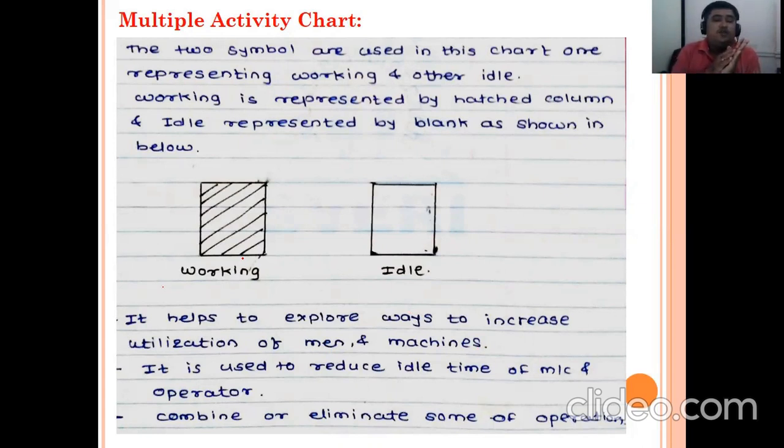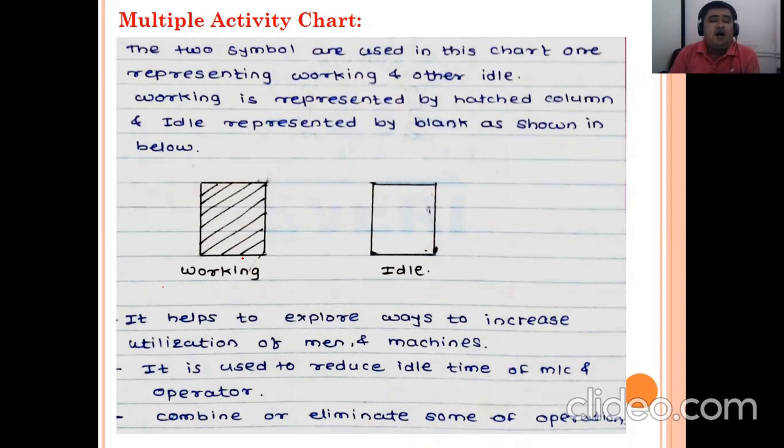It is used to reduce the idle time of machine and operator. So if the working section is more, it means this machine or this man is more time in working condition. If the idle section is more, it indicates that this machine or this operator's idle time is more, and we can give him some extra task, extra work, like this.